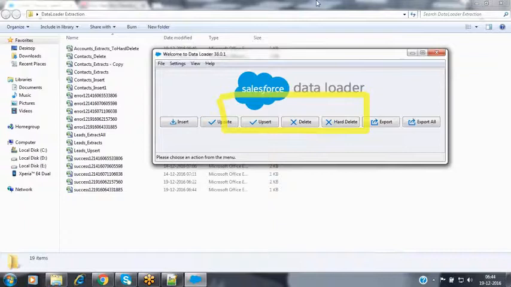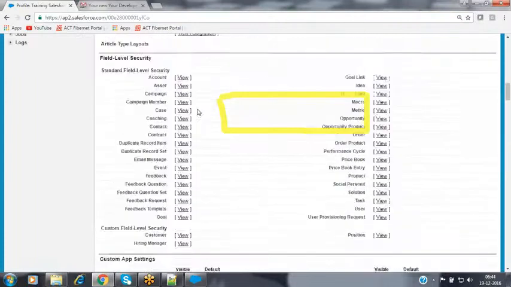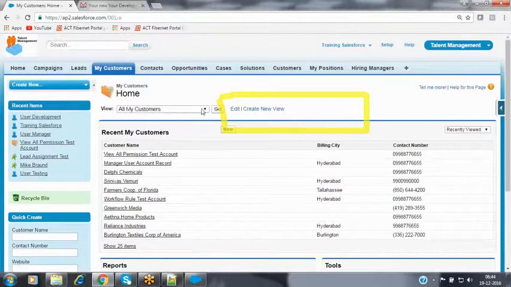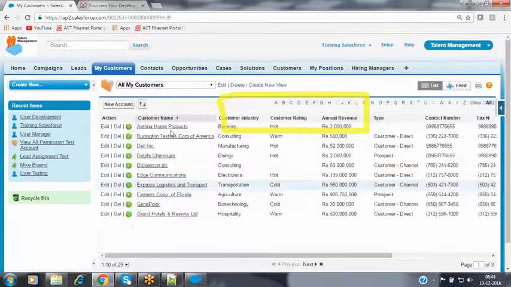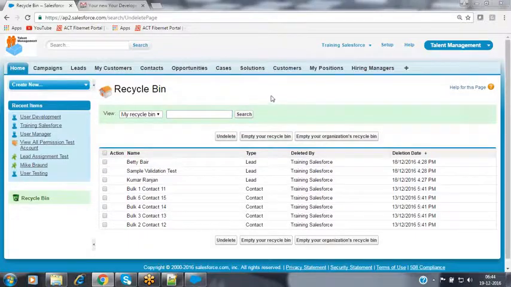Now let's see which 5 records have been removed permanently. Let's go to the account object now. Click on accounts and see how many records are available. Previously, we had 34 records. Now we have only 29 records here. 5 records have been removed successfully from your Salesforce instance. When you go to the recycle bin, you also don't have those account records there. The records have been removed permanently from your Salesforce instance. We cannot restore those records back to the actual object.